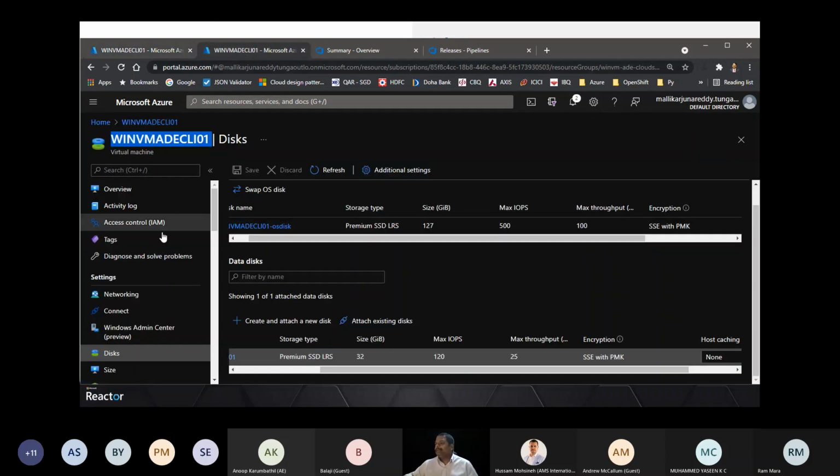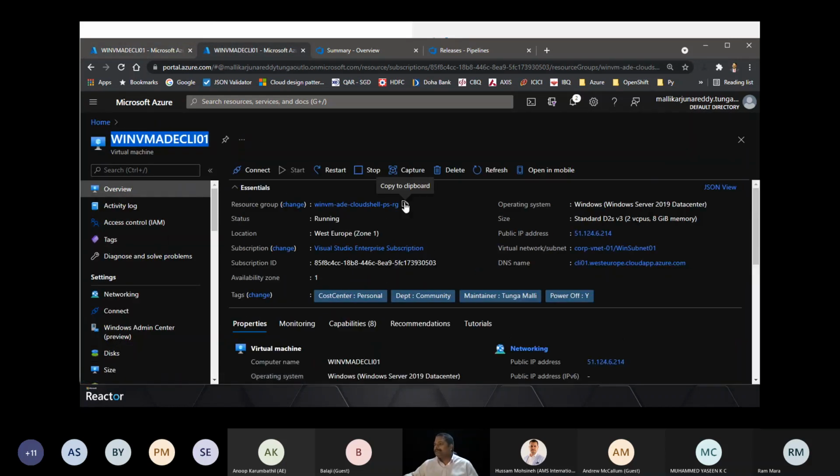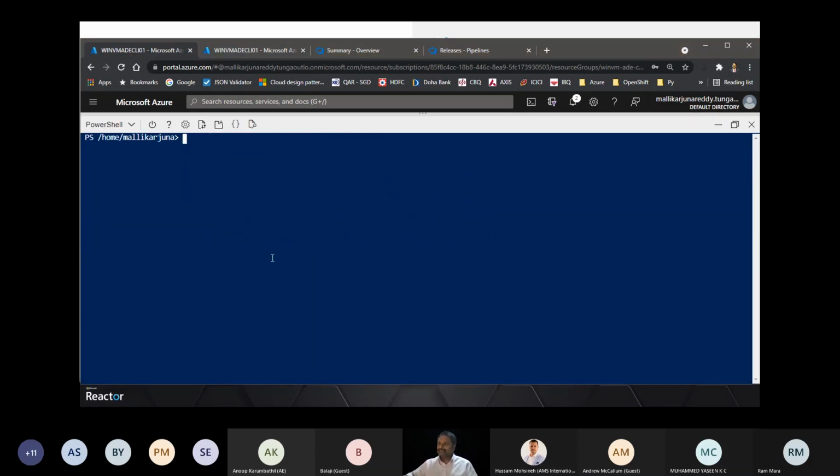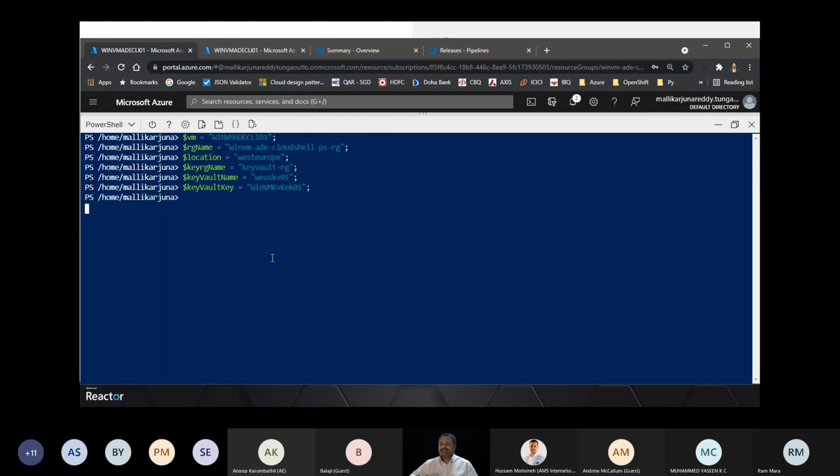This is the resource group; the resource group needs to be changed. I'm setting the environment. So, as I said, we need these 6 variables to perform the encryption.